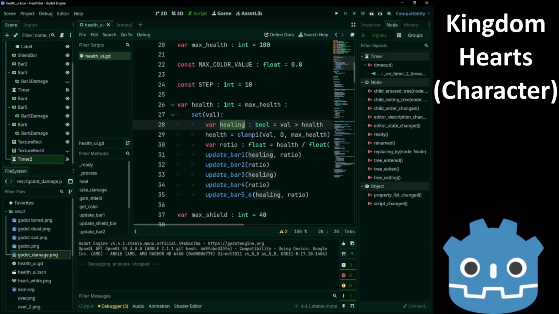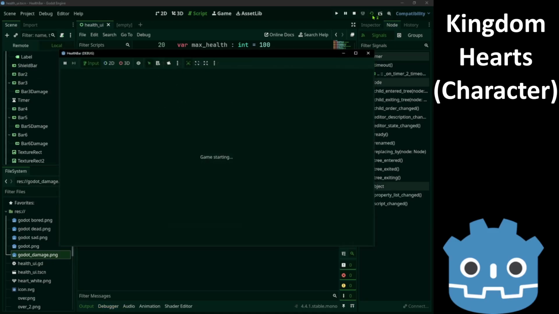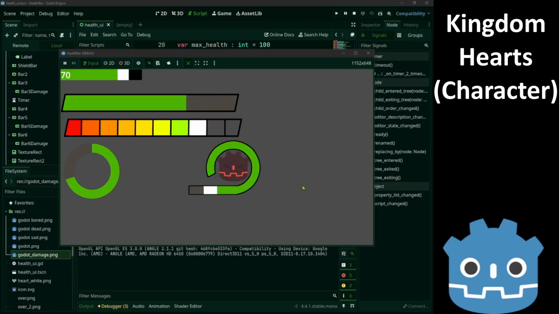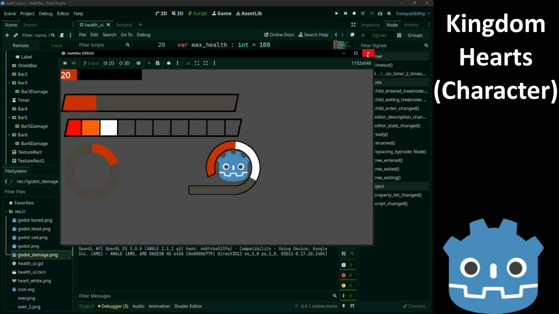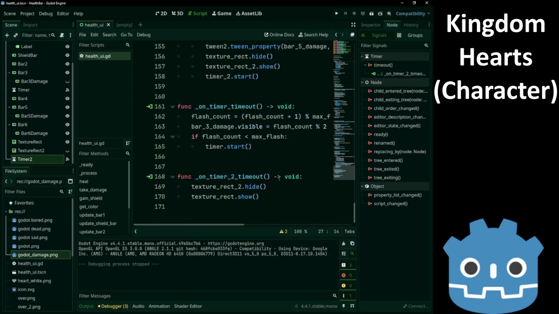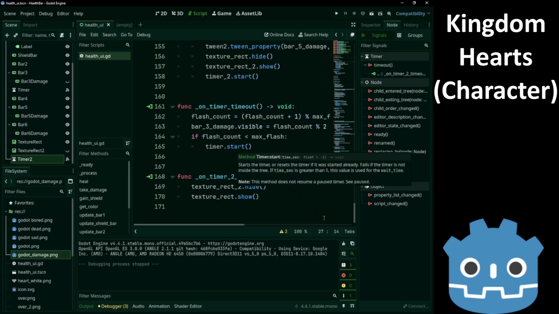Over here we also need to say equals, because we saw the Godot mascot was taking damage at the start. Now it doesn't. Okay, and that's one way to do this.